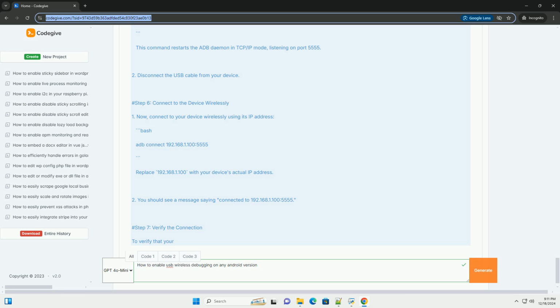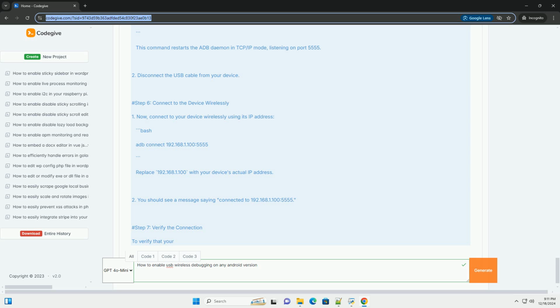# Step 2: Get the device IP address. device_IP=$(adb shell ip address show wlan0 | grep inet | awk '{print $2}' | cut -d/ -f1). if [ -z "$device_IP" ]; then echo "Could not retrieve device IP address. Ensure you are connected to Wi-Fi." exit; fi. echo $device_IP. # Step 3: Connect wirelessly. adb connect